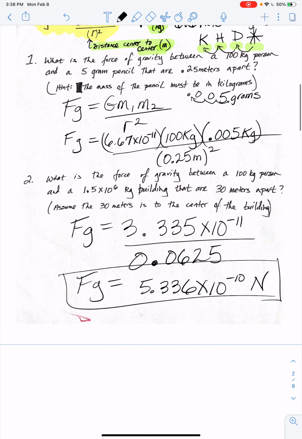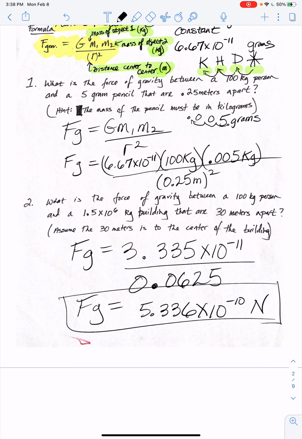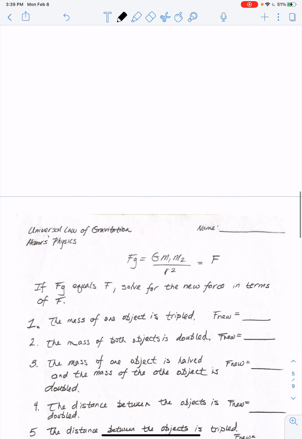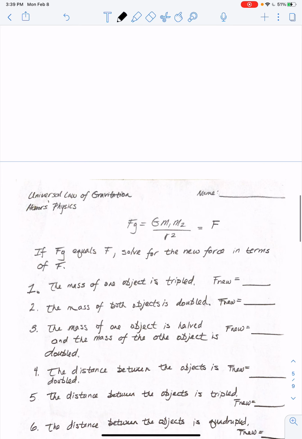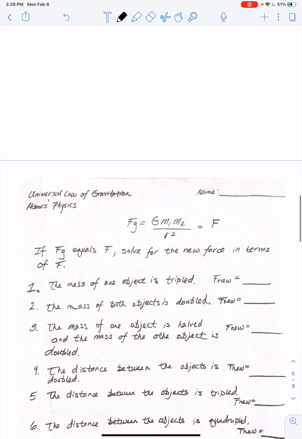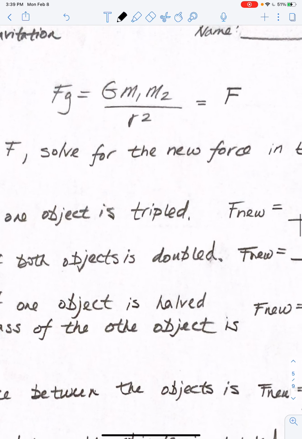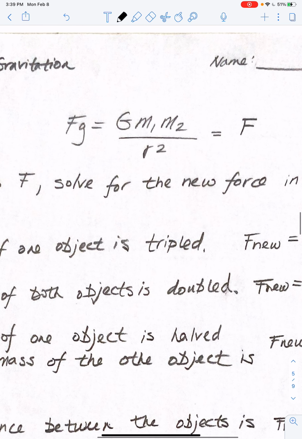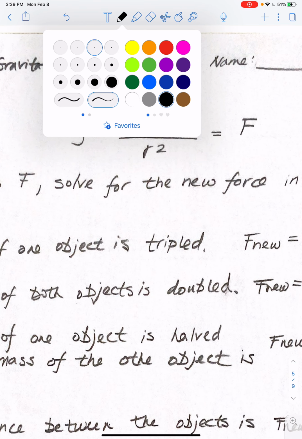All right, so that's good. I think we're getting that, but we'll practice more of those in class. I just wanted to go over it. Let's move on to a more conceptual understanding of the universal law of gravitation. You can see right here I wrote it, and in these kinds of problems, we're going to set